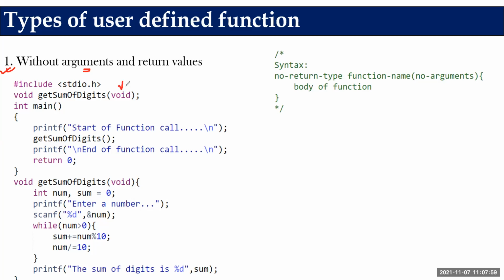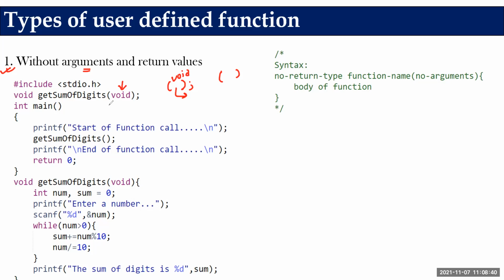Without any argument means void. In the last part of the lecture on functions, I told you that if you do not want to pass any parameter, it should be empty. If you want to specify no parameter, it is better to write void, because empty means something different. Although it is empty and we are not passing anything, it is also correct, but its actual meaning is different with respect to the C standard. You'll get to know the meaning of this empty parenthesis while declaring a function at the end of this video.